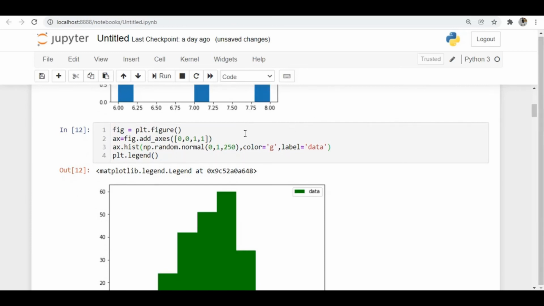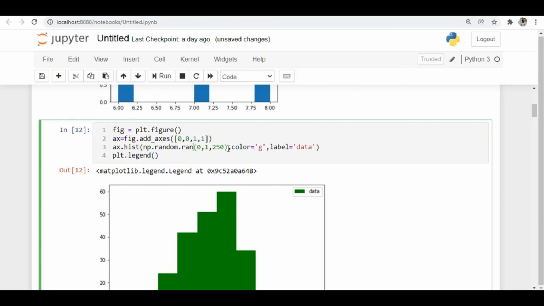For that, let's take another example. Instead of this normal distribution, I will generate some random data of, let's say, 100 by 2, so it will generate random data of 100 rows and 2 columns.